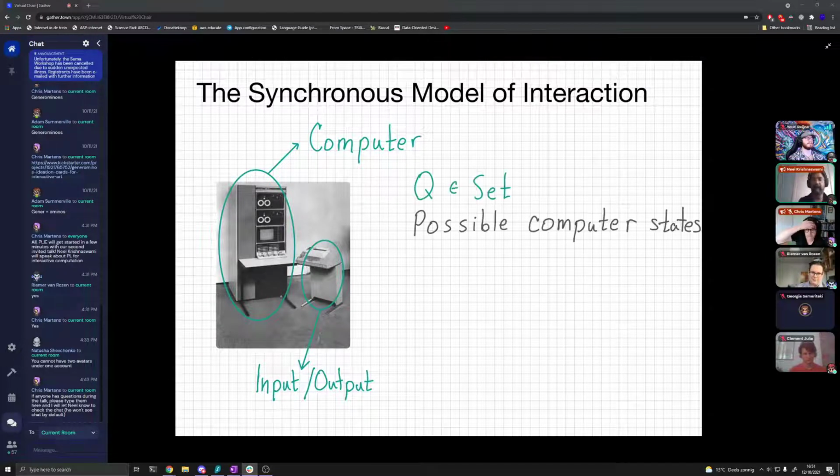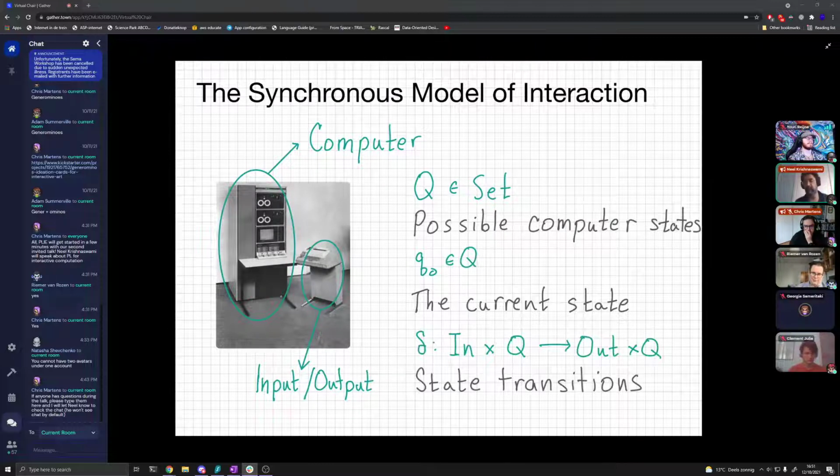And this idea is, we said the computer is opaque to us. So what we're going to do when we're building a formal model is say, I'm going to have a set Q, which is the set of possible states that the computer could take on. And the computer is currently in some state. And the way that I'm going to model interaction with the computer is by giving a transition function. What the transition function does is it says, if you give me an input and the current state, then I'll give you an output character and the output state.